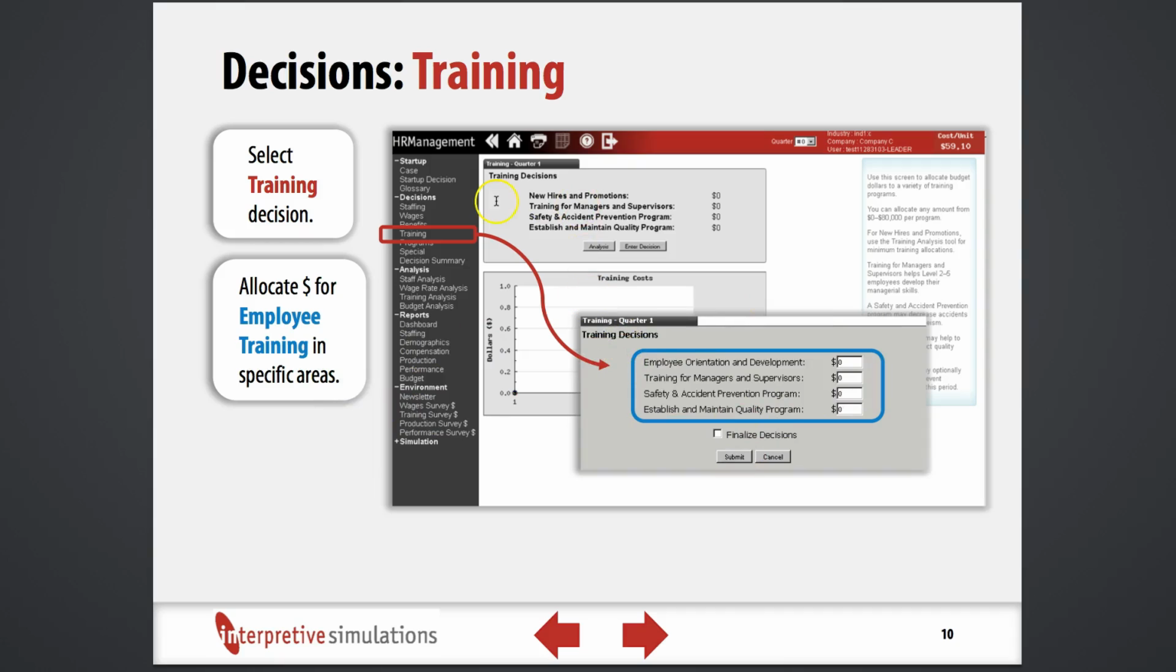It's really important, though, that you make sure that for your new hires and promotions, there's adequate money in this spot right here, because you need to make sure that all the new hires and promotees have adequate training to be successful on the job. If you don't do that, they're not going to be successful. You're going to lose them. They're going to walk away and resign from the company. So you hit finalize, hit